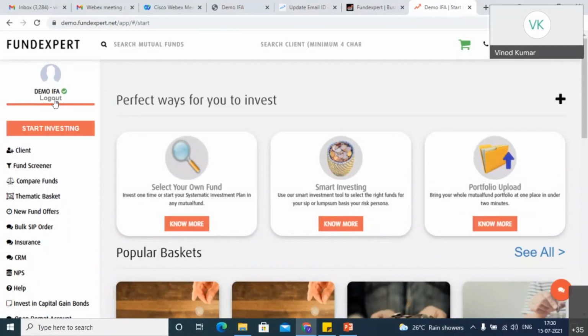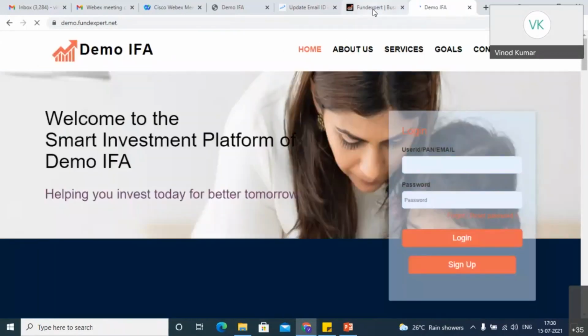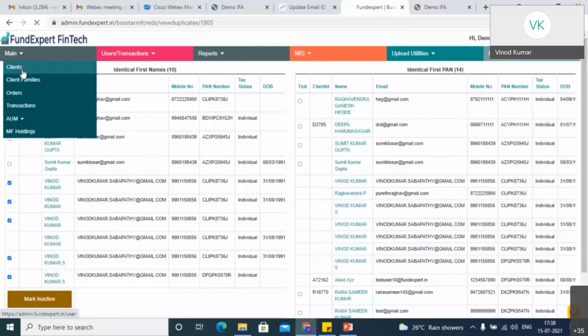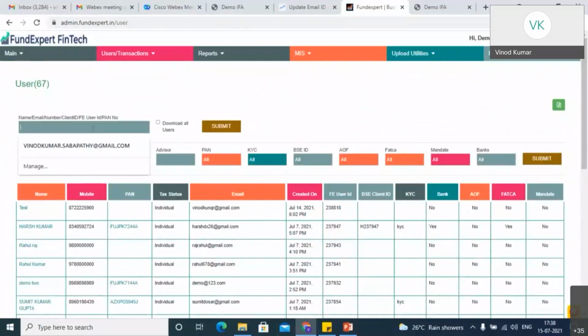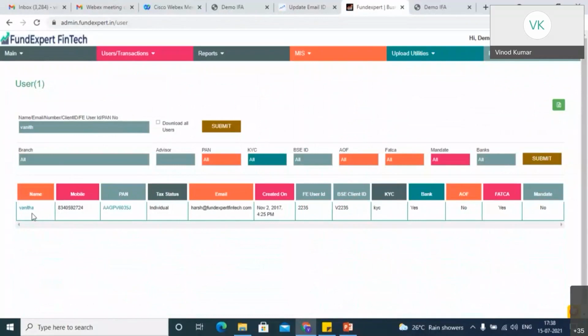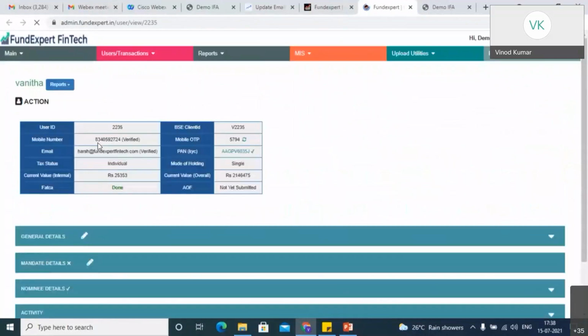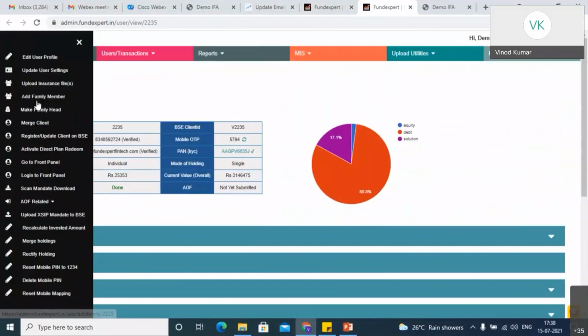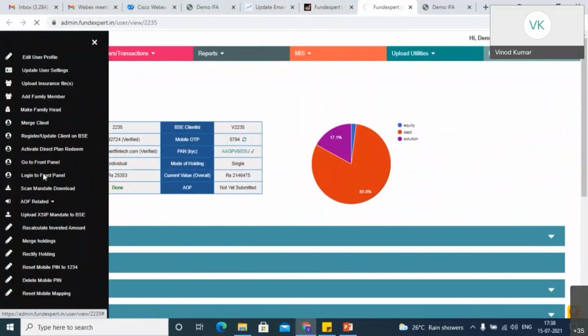But if you want to go inside that user profile, you just have to click on log into front panel. Just click here, log into front panel. Directly I will log in inside Vanita's profile itself to the front panel.